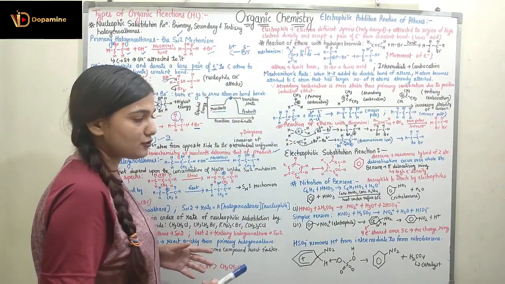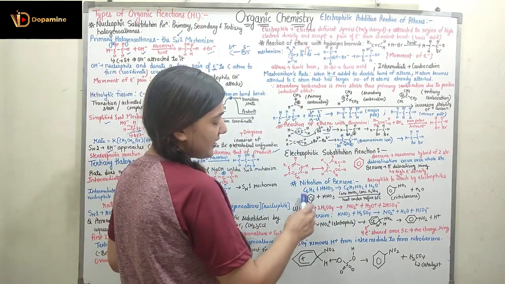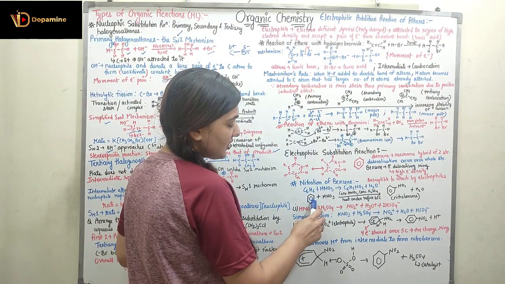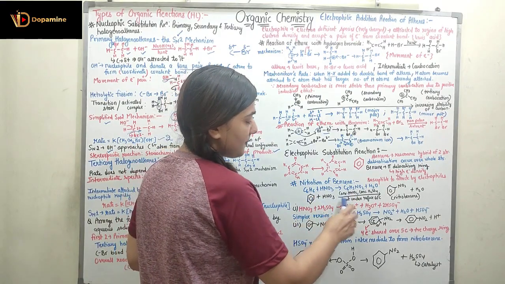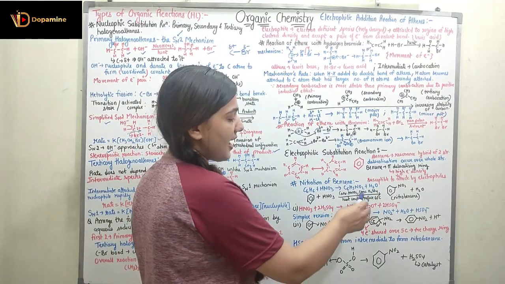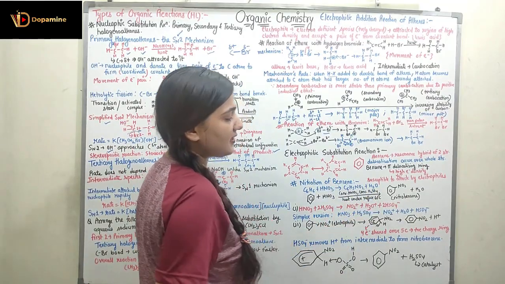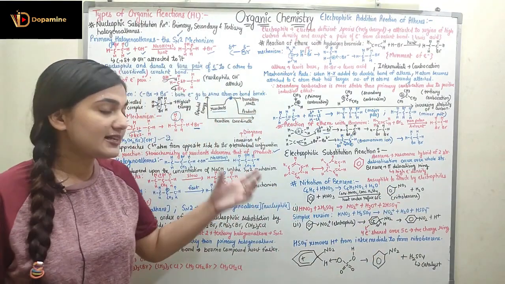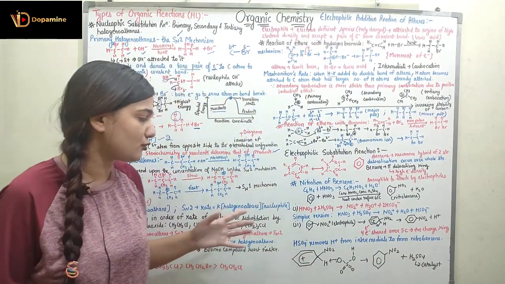So let's understand how this reaction is happening. This reaction can also be represented with the structure of benzene. So this is the structure of benzene plus HNO3 in the presence of concentrated nitric acid and concentrated sulfuric acid, and heat under reflux at 60 degrees Celsius. It is going to produce nitrobenzene plus H2O. So let's understand which 3 reactions are going to happen.